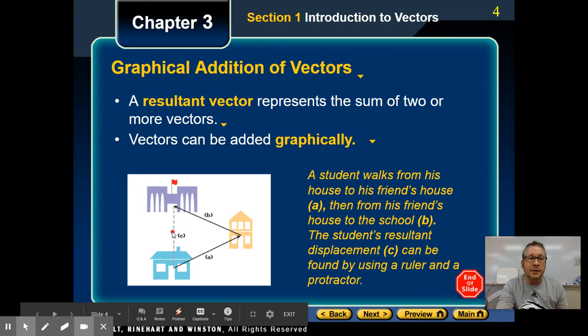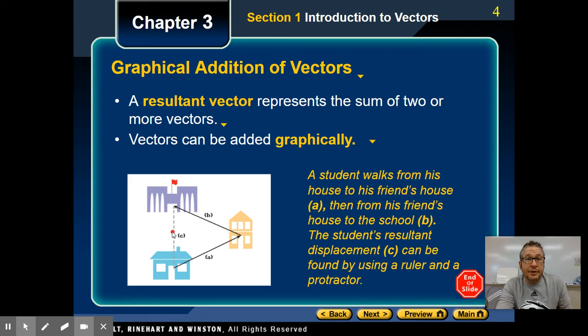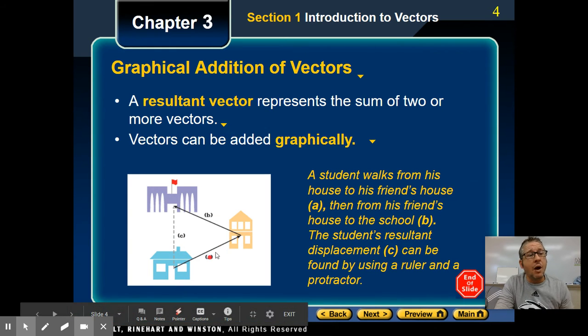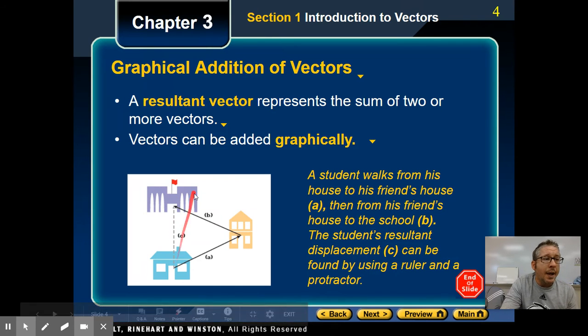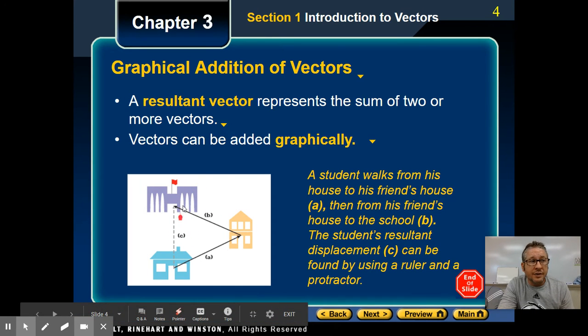How far is the student away from his starting point? He walked all the way over here first to his friend's house, then from his friend's house to the school. But the resultant vector here would simply be how far away is he from his original starting point, his house. That is how we help determine, graphically speaking,